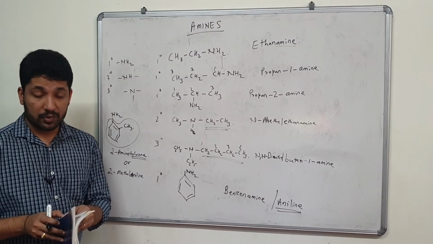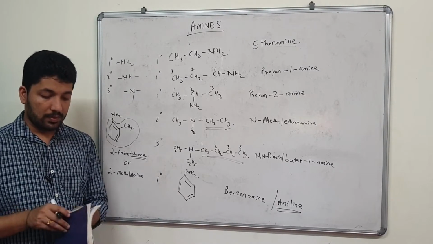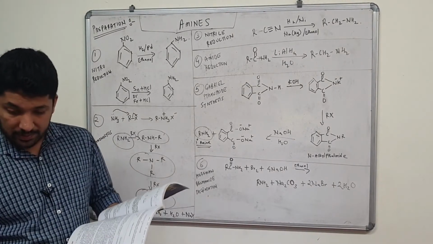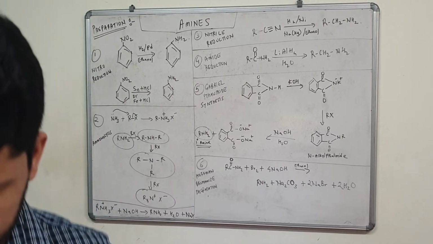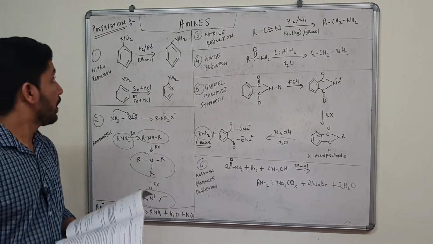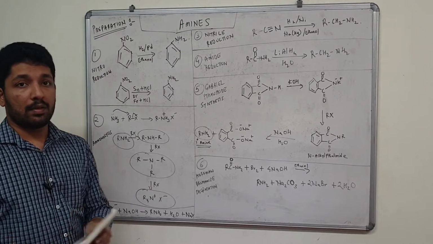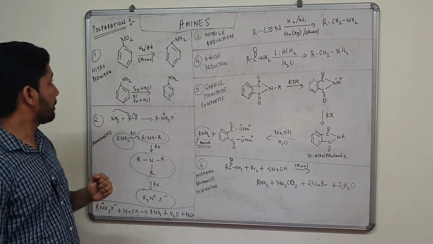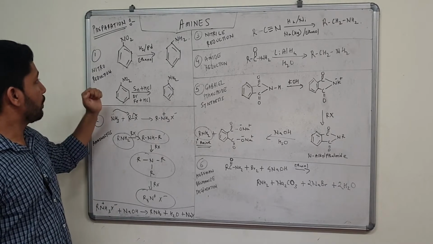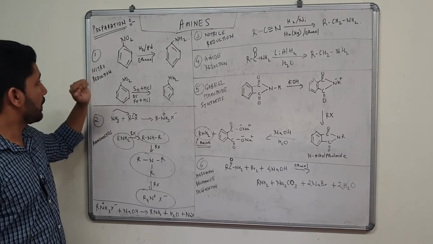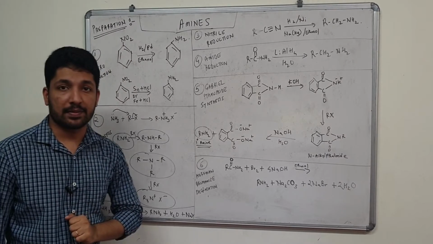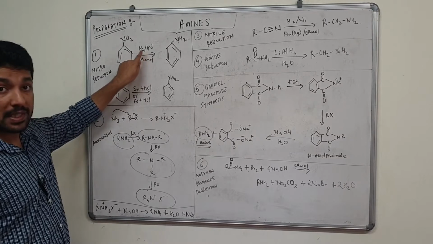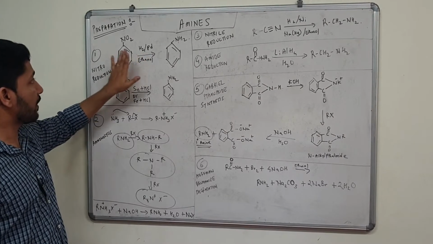More examples are there which you can go through. Next, we'll look at preparation of amines. So in preparation of amines, I've written everything first only so that it becomes easy for us to understand. The first method to prepare amines is by reduction of the nitro group on benzene. This is nitrobenzene. You use a palladium catalyst in the presence of hydrogen. So this is basic reduction.